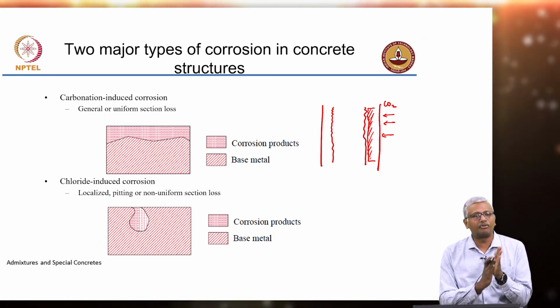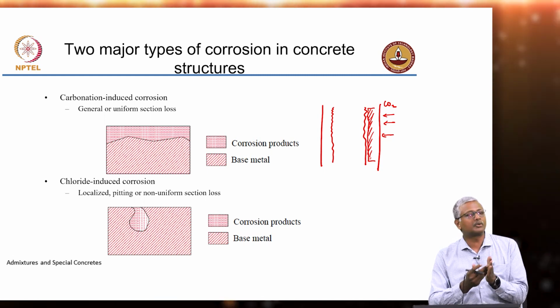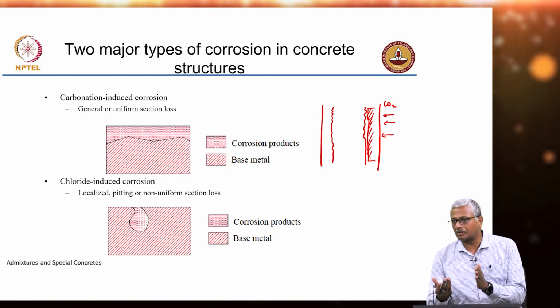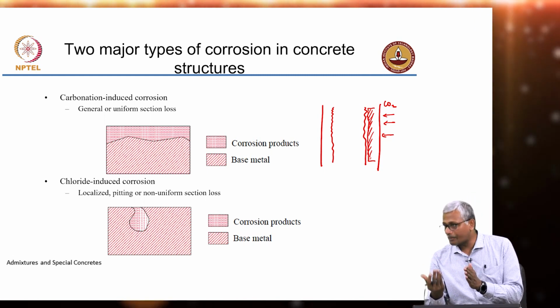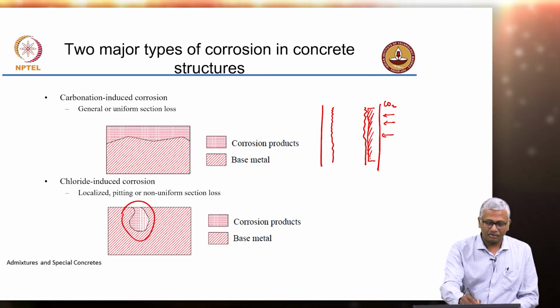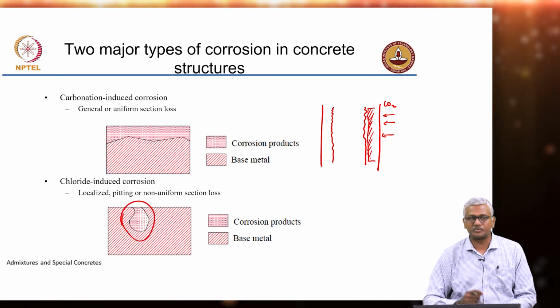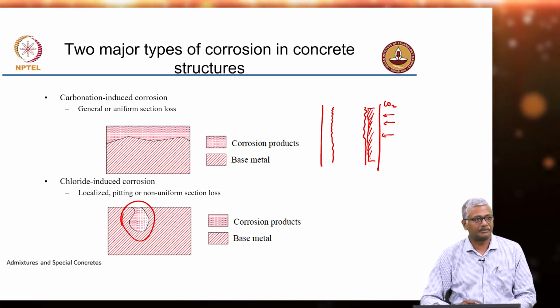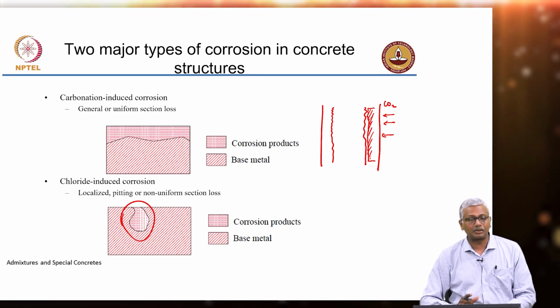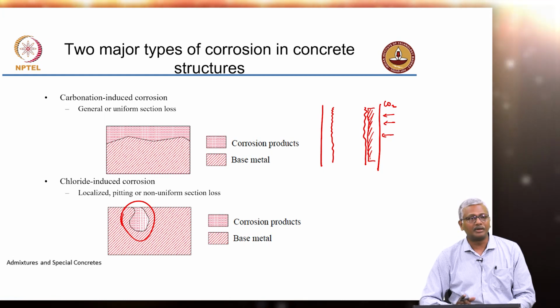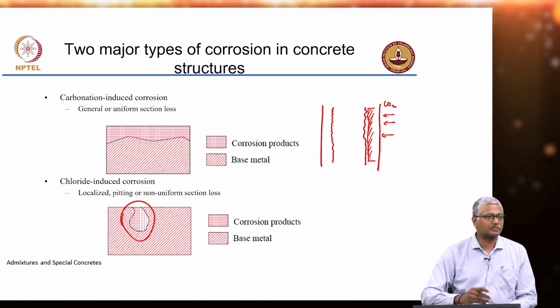So, you get a more uniform rate of corrosion. Uniform corrosion is not as detrimental to the concrete or to the structural capacity of the concrete as the formation of a single large pit which may happen at certain locations. Okay. So, very important to understand that chloride induced corrosion can lead to much more devastating failures as opposed to